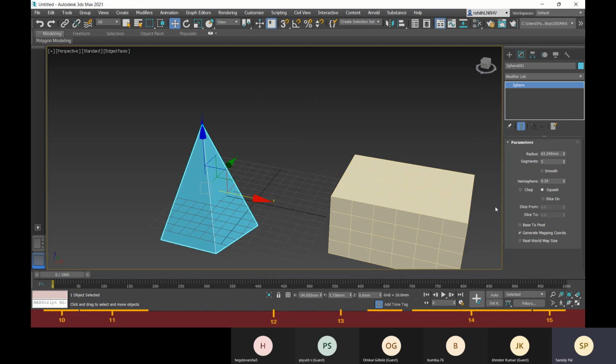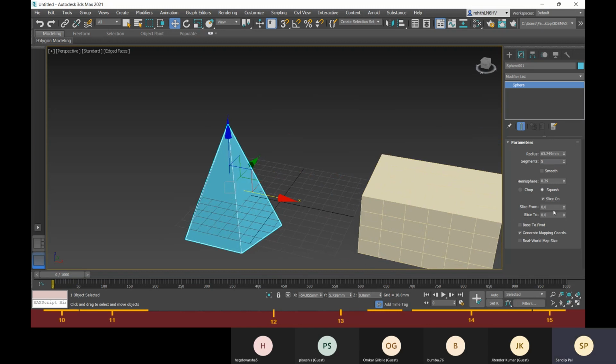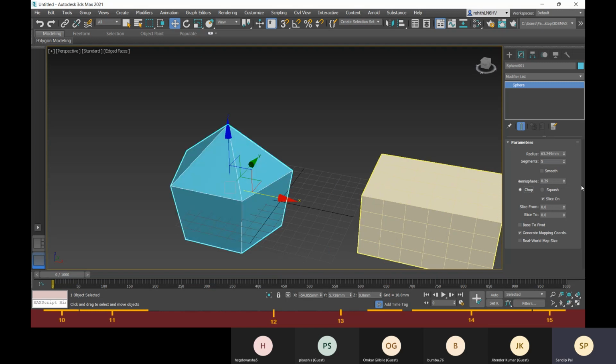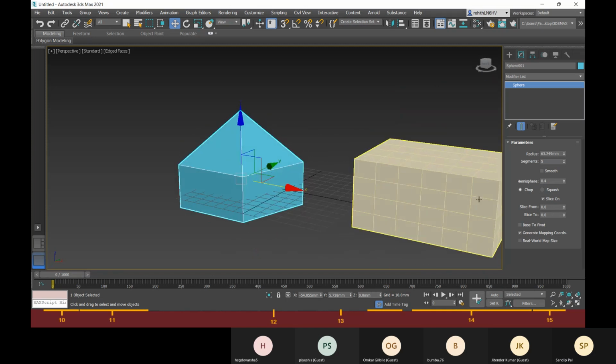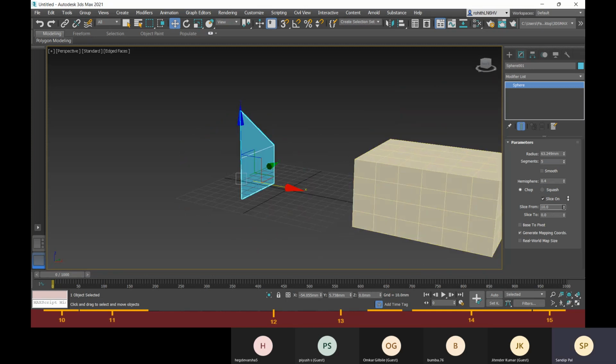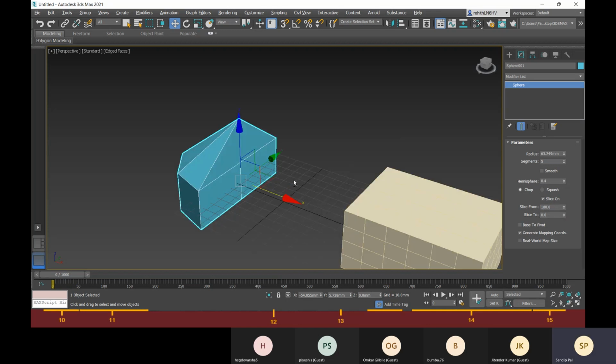All right. Here we also have this slice option. So let me go to this chop option, and after that, you can go for slice. So you can create slices in this way, from 0 to 180, you can have a slice.